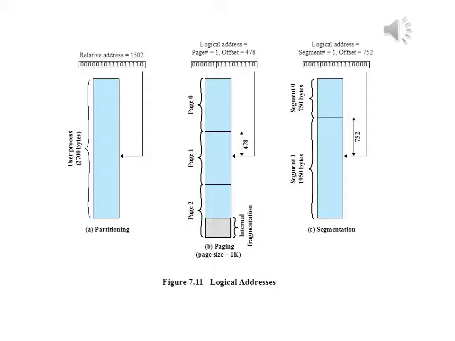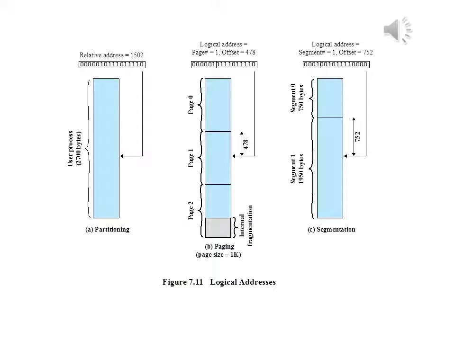With a page size of 1 kilobyte, an offset field of 10 bits is needed, leaving 6 bits for the page number. Thus, a program can consist of a maximum of 2 to the 6th, or 64 pages of